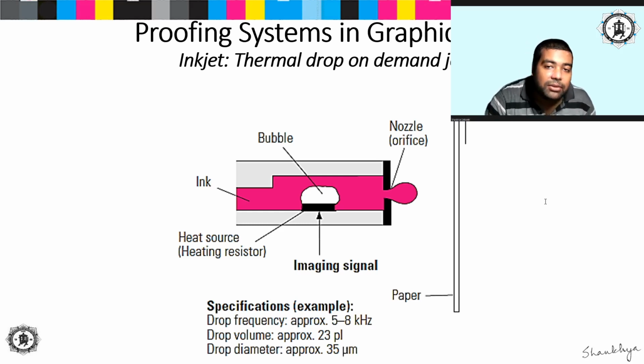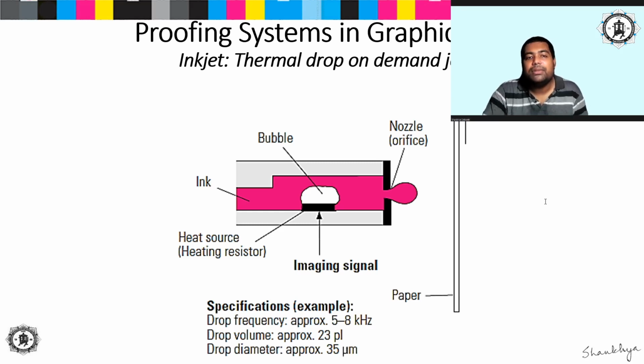As I already mentioned, it is slower than the continuous jet process. The repeated heating and cooling cycles represent the main disadvantage of the thermal technology. The print head will wear out in a relatively short period of time, and therefore it should be replaced periodically. Sometimes the manufacturers combine the print head and the ink reservoir into a single cartridge, so that when the ink reservoir is replaced, the print head will also be replaced. With other manufacturers, it is possible to replace the print head separately.